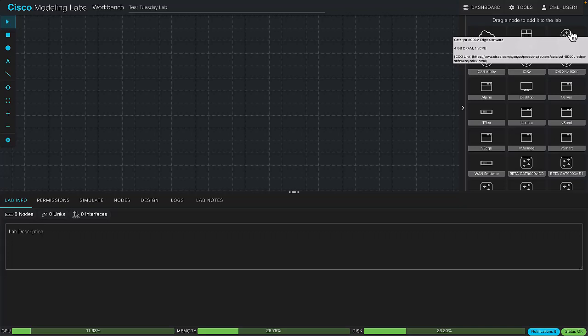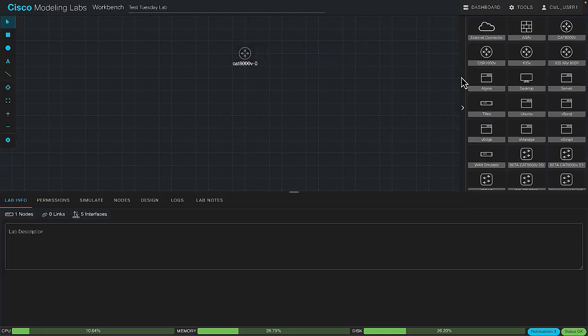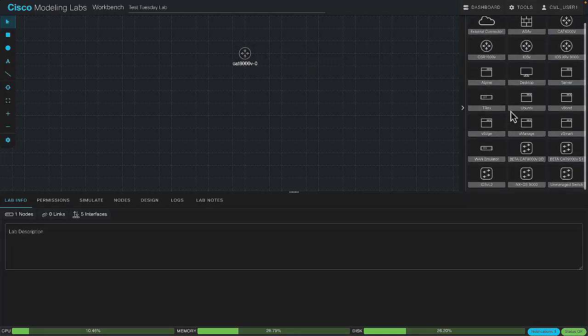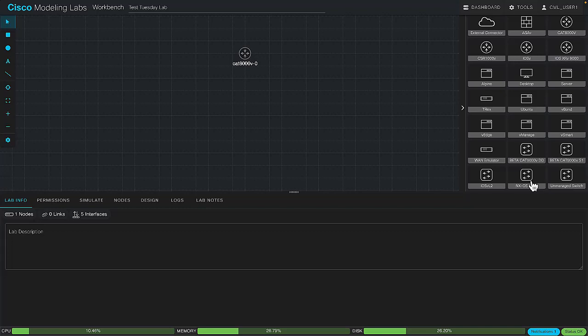So whenever you assign a node to the box, it reserves some of that memory. So if you say, I want this 4 gig Cat 8000V, and then we come down here and look at the Nexus 9000, and since I said I want 2 of them, you can see that when it comes up, it says it requires 8 gig of RAM and 2 virtual CPUs. So if I were to count that in terms of memory, I'm using 20 gigs of resources,